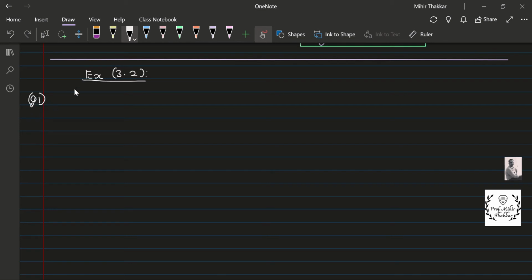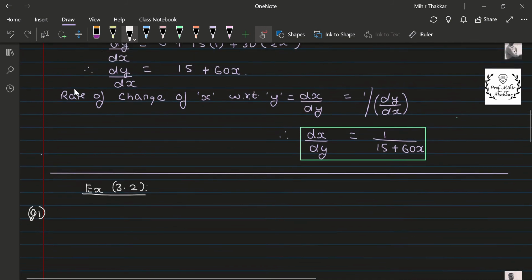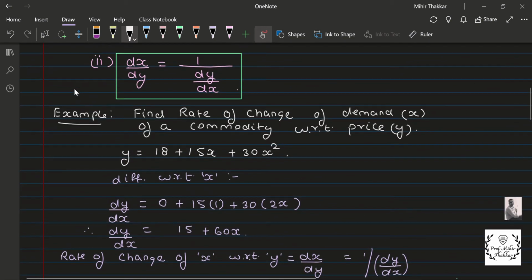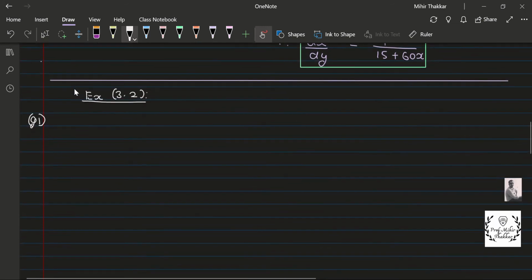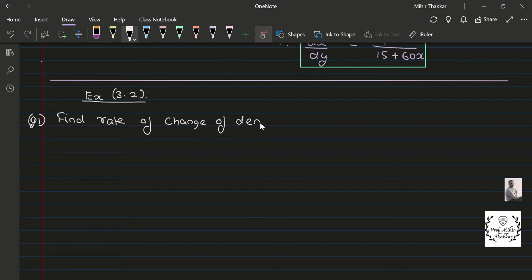So once again over here the question remains the same. We have to again find out the rate of change of demand with respect to price. So once again let us write down: find rate of change of demand x with respect to price